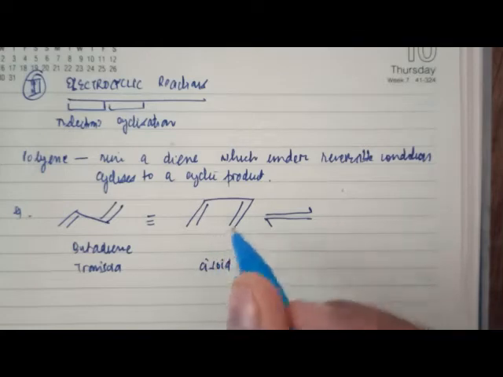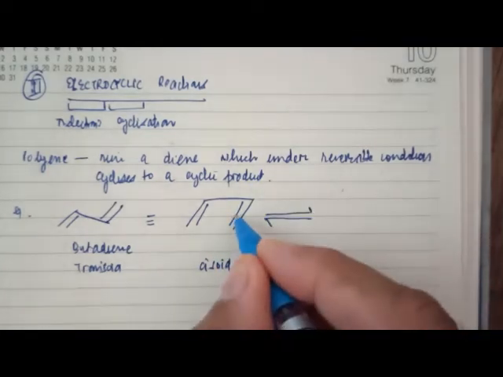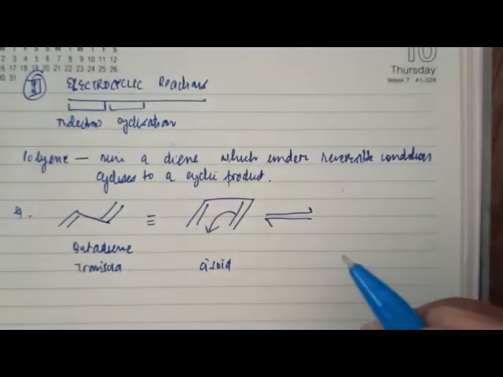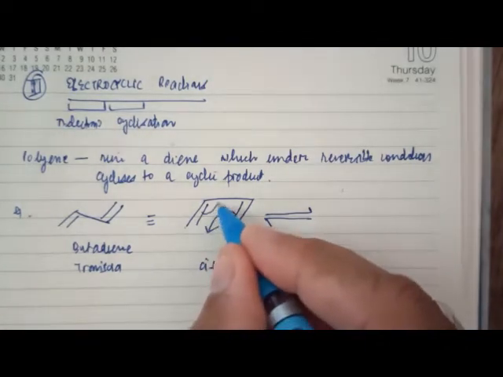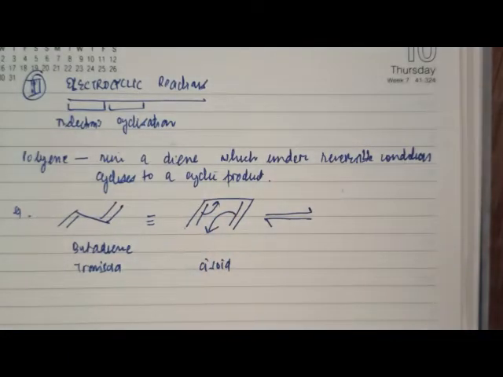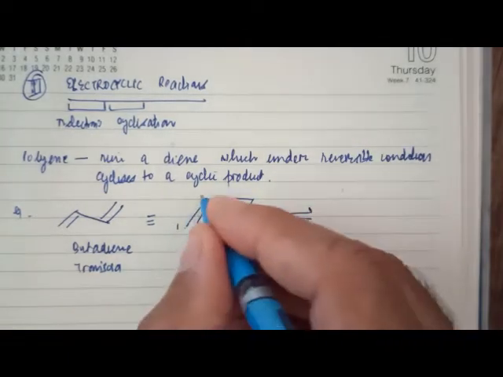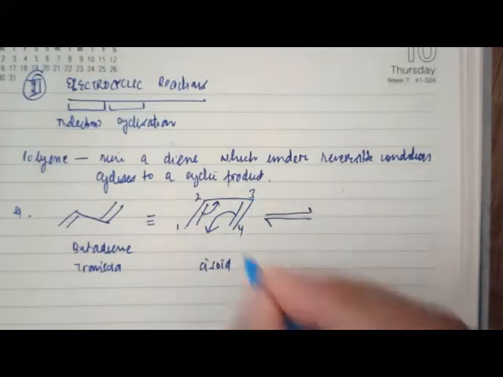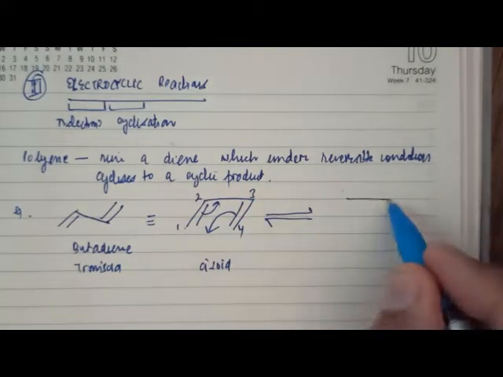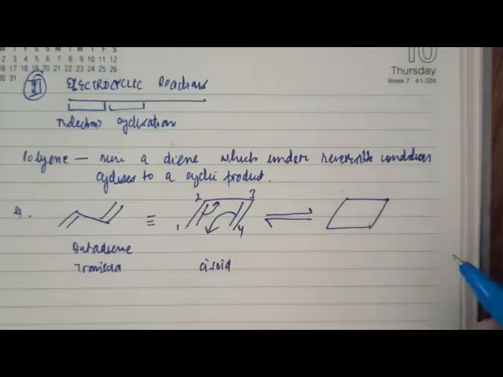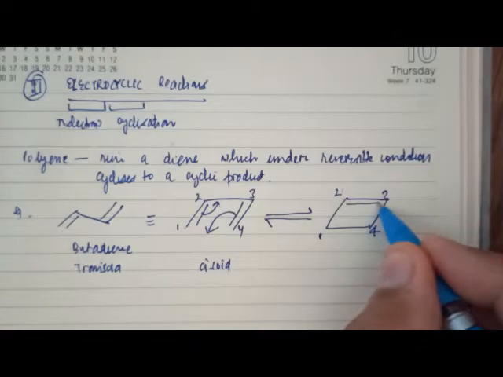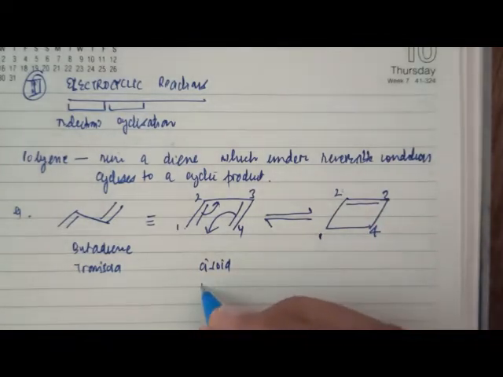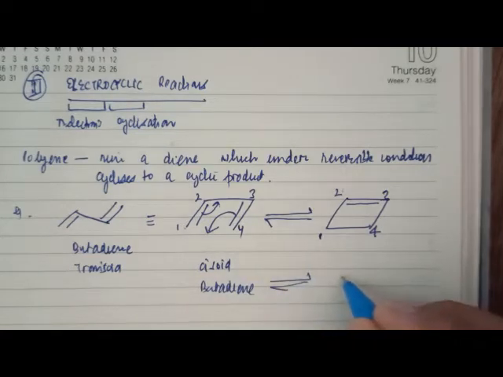We just need to move the arrows here. How do we move the arrows? Again, simple. This pi bond goes on to form a sigma bond between this and this carbon atom. This pi bond forms a pi bond between this and this two carbon atom. Again, if you want to be clear with the positions of the bonds, you can number the system. So what we end up is a cyclobutene ring. This is 1, 2, 3, 4, and a double bond at 2 and 3 position. That means from butadiene we are going to cyclobutene.